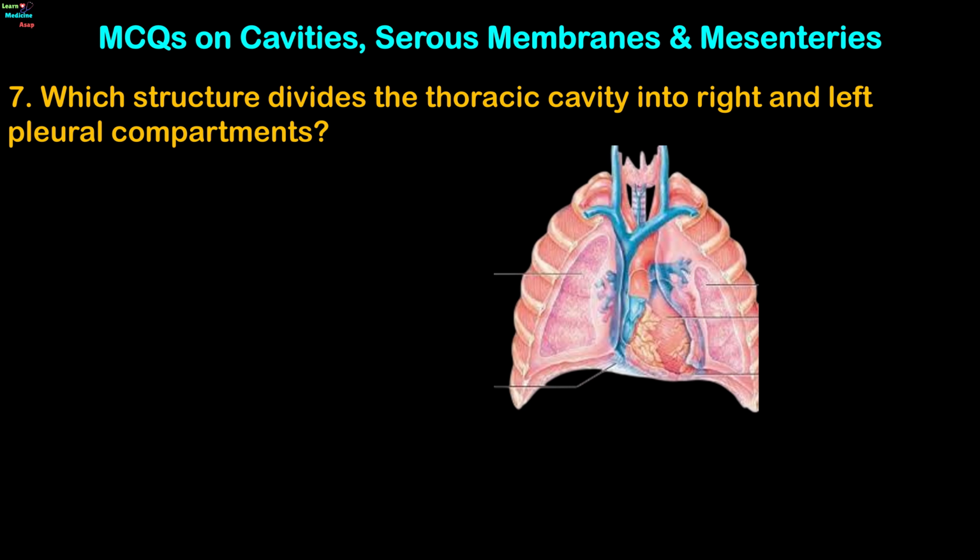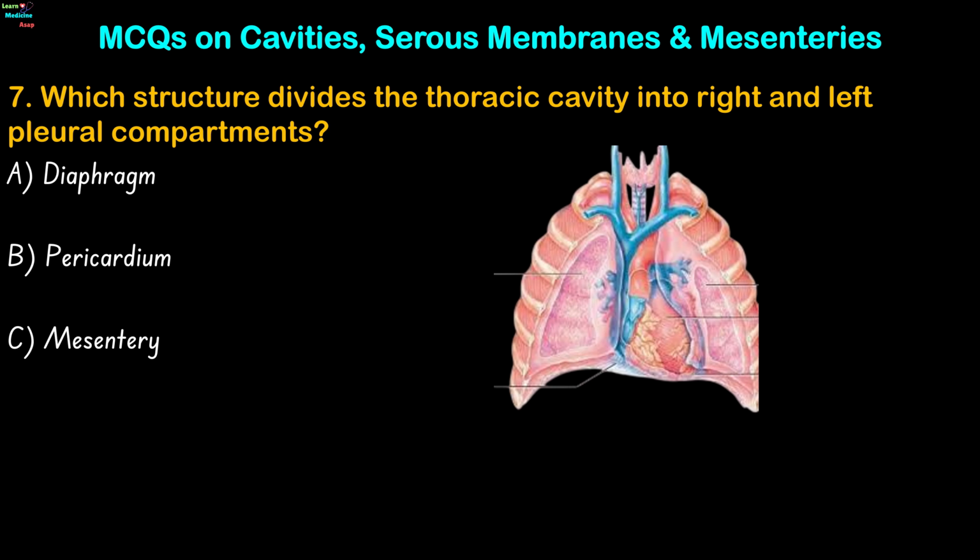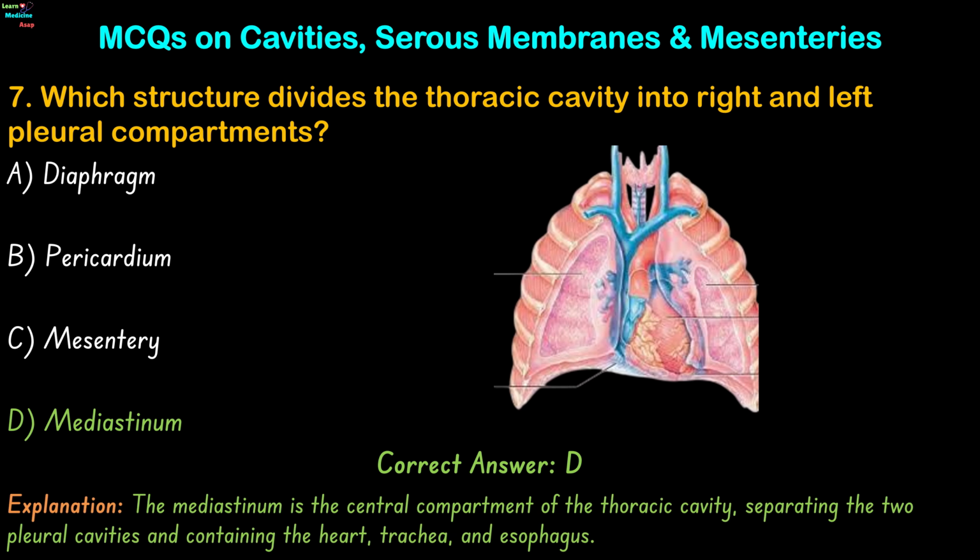Question 7. Which structure divides the thoracic cavity into right and left pleural compartments? Diaphragm, pericardium, mesentery, or mediastinum? The correct answer is option D. The mediastinum is the central compartment of the thoracic cavity, separating the two pleural cavities and containing the heart, trachea,